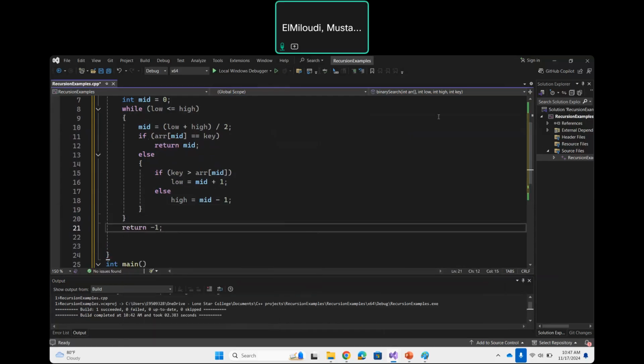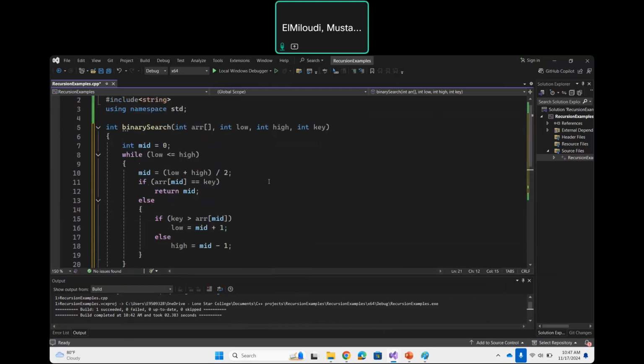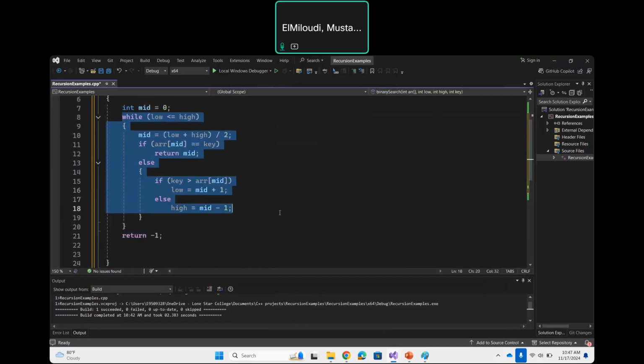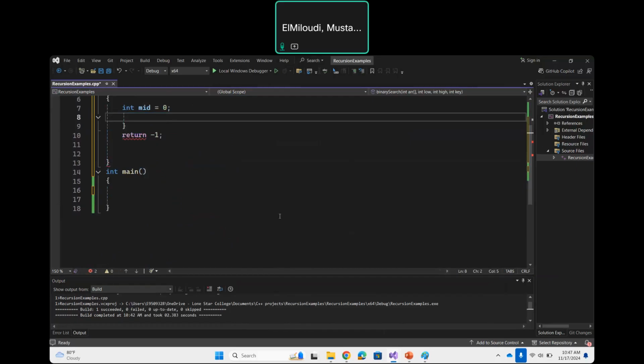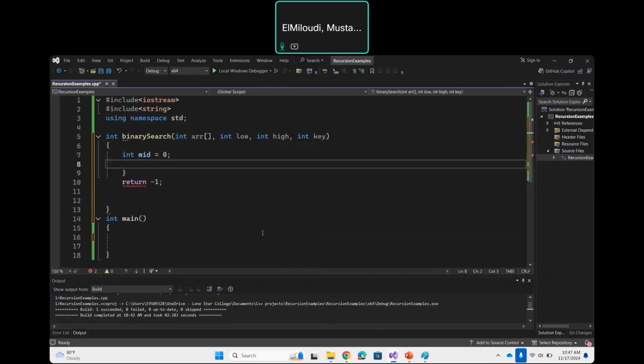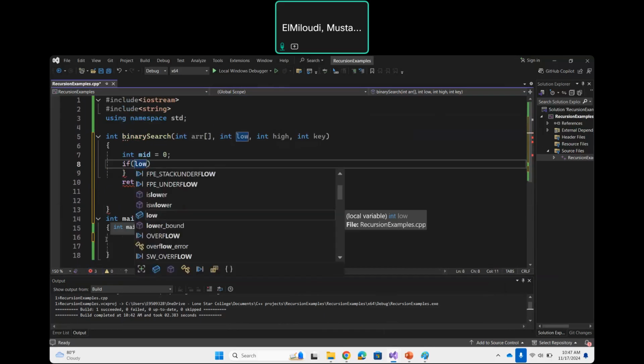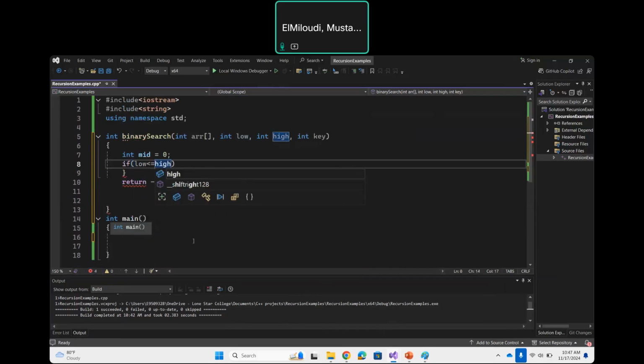Okay. Now what about if I want to use recursion for this? So I'm going to delete this and then show you how it works. So we're going to use the if statement. We don't use the loop, but we are going to call the function itself. Okay. So what we're going to do using the recursion, I'm going to put here if low is less or equal than high,